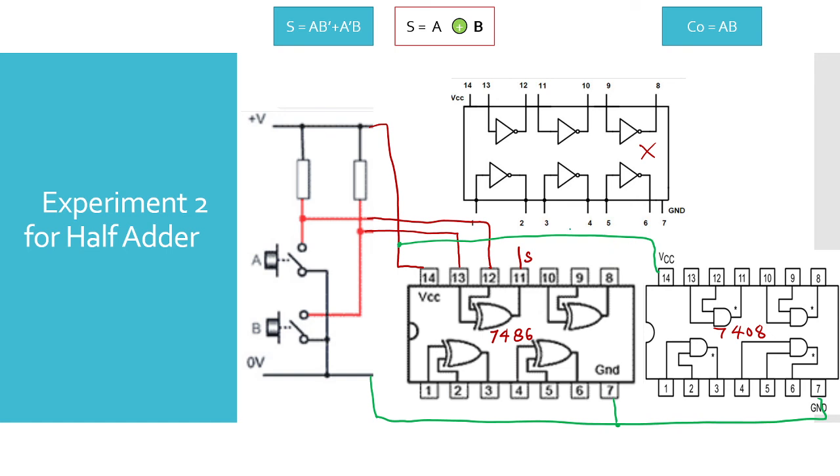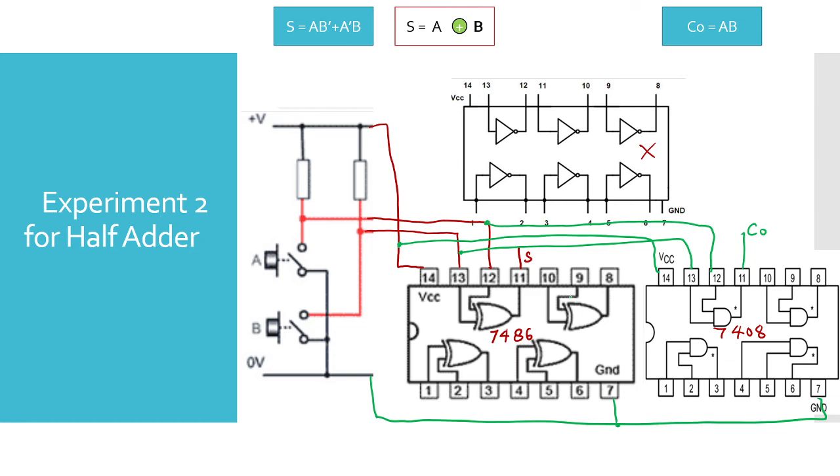Now the second thing I need to do is implement the carry C out. So again I will take A. Let me choose this AND for connection. This is my A suppose, and this is my B. I will connect this A and B here at pin numbers 12 and 13, and from pin number 11 of 7408 I will get C0. So you see that by making this connection you will get sum and carry in this experiment. So this is your half adder.